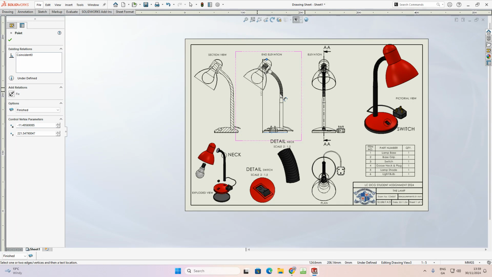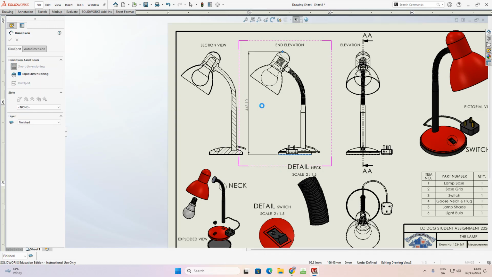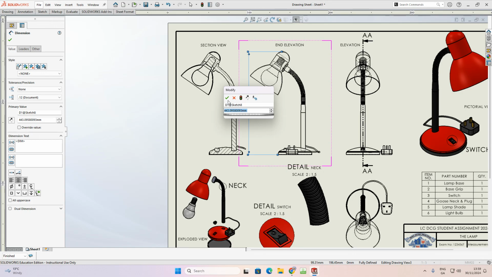Okay, I'm going to pull in my overall height. I'm going to put it to about here, and you can see there, always try and make it centered. Don't put the number up here, try and make it centered, keep it just outside it. Okay, and you can see there it's 44.3. Now what I'm going to do is, you can see there